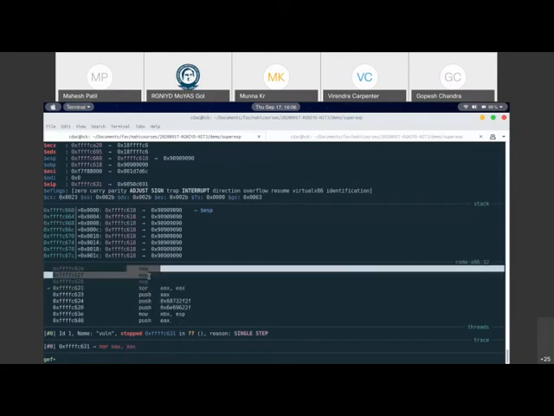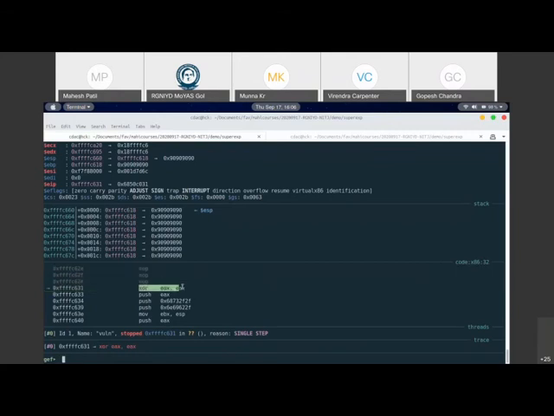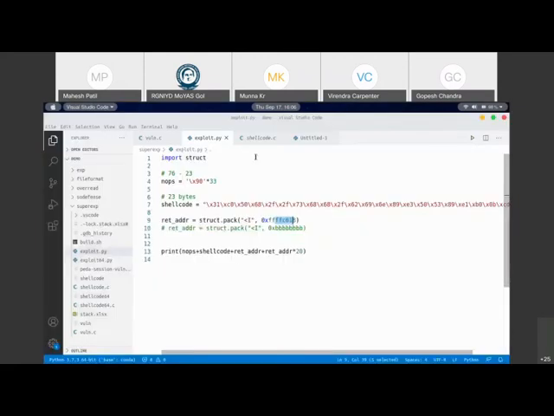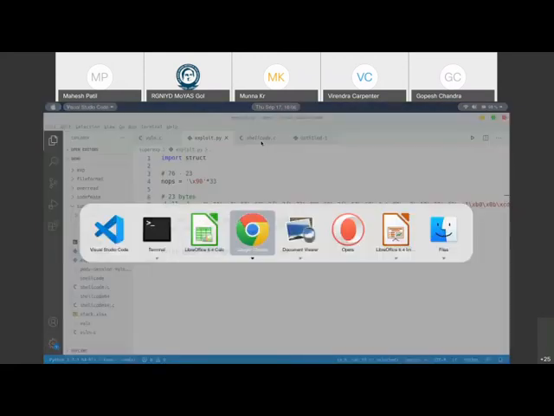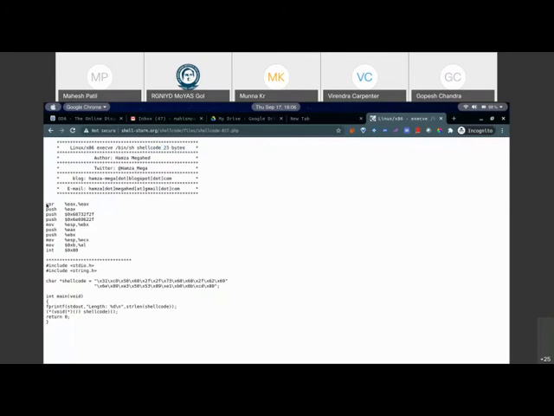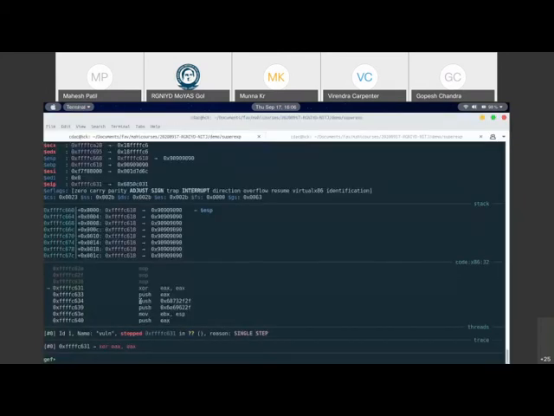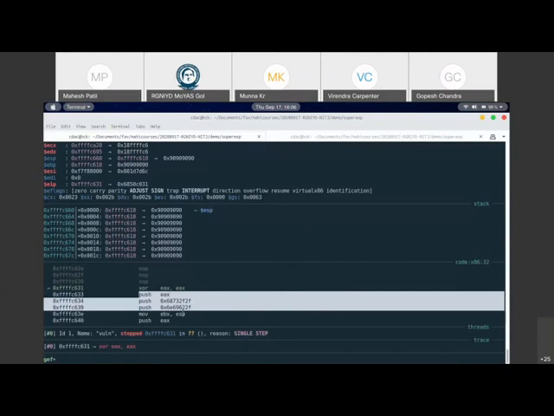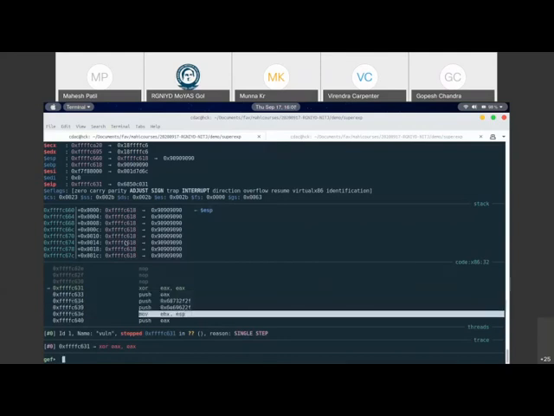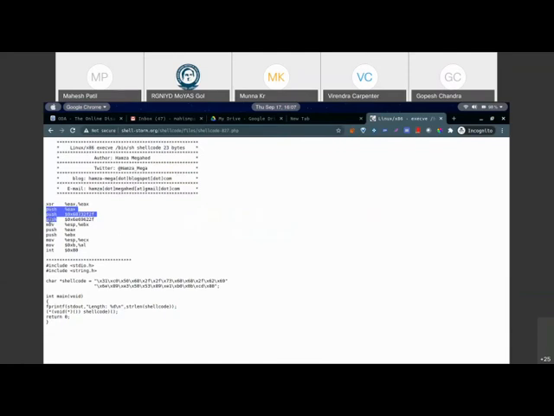You see that now after the NOP instructions, it has come to XOR EAX. Now what is the XOR EAX? If you go and look at the shell code that we looked at, you see that that is exactly the instruction which we were talking about. In the same way, you have after that push instructions, right? 3 push instructions. So let us see whether they are there. You see there are 3 push instructions. There is a move instruction after that, right? So essentially it means now our shell code is getting executed.